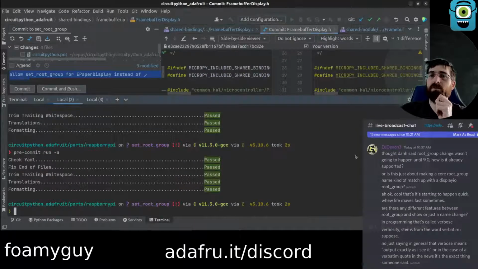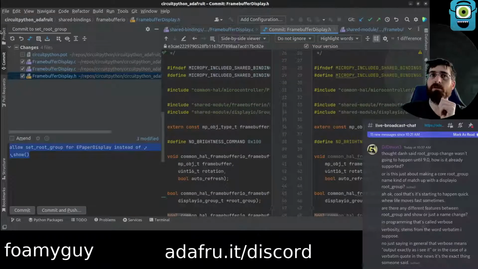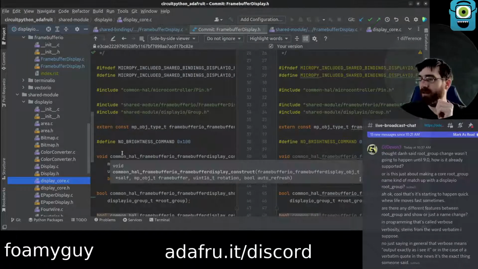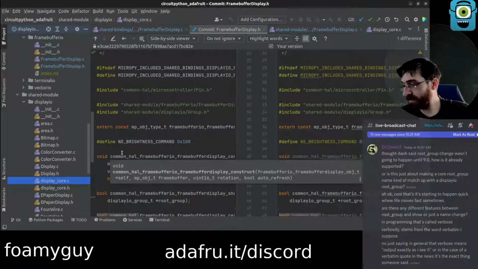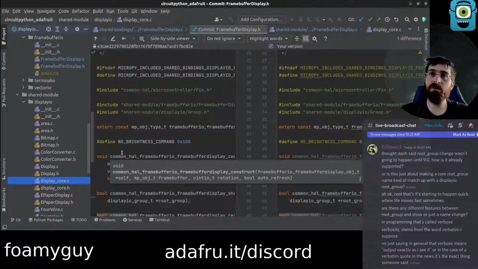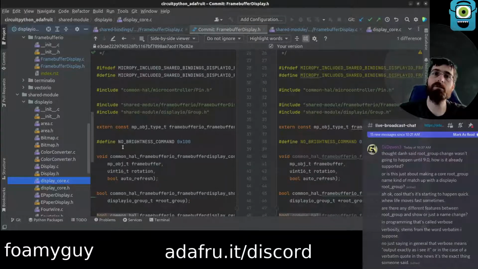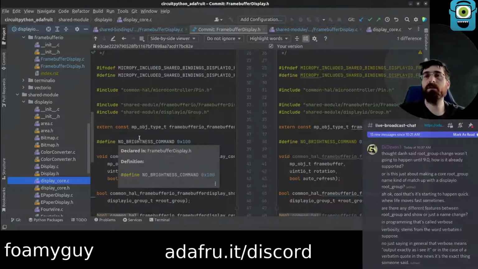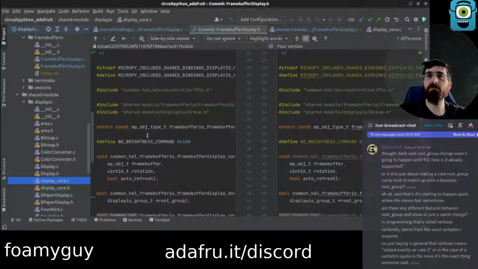Okay, let's try also on a matrix portal, which I also have here. So I think that the matrix portal also uses FrameBufferDisplay.